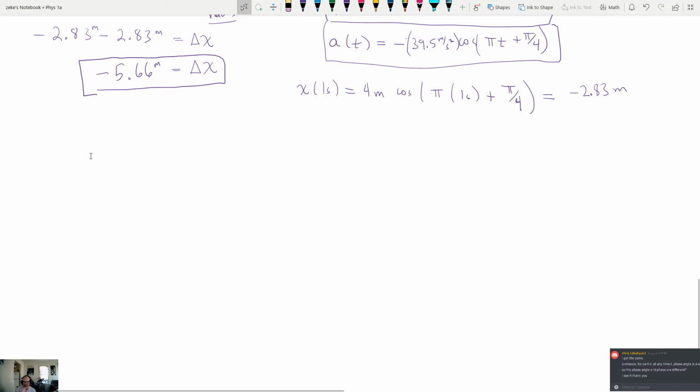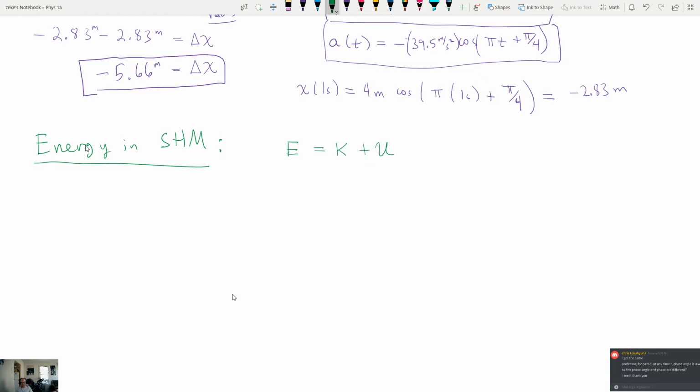This is not too complicated. Okay, so we've learned in this semester that there's this thing that's called mechanical energy. We use the symbol E for that, and it's equal to the kinetic energy of a system plus the potential energy of a system. Now, in this particular case, the mechanical energy for the spring plus mass system is going